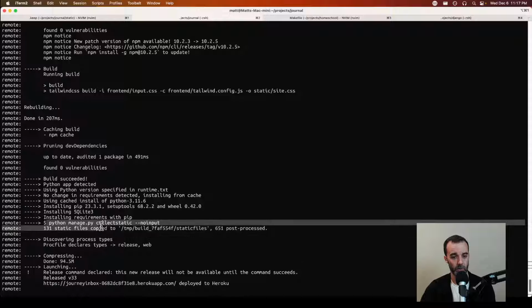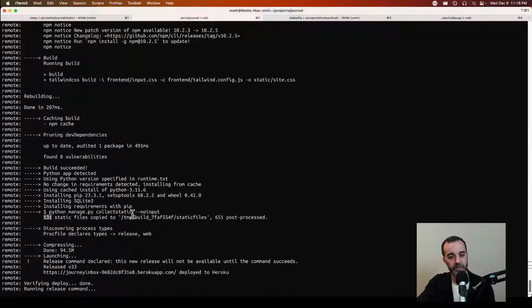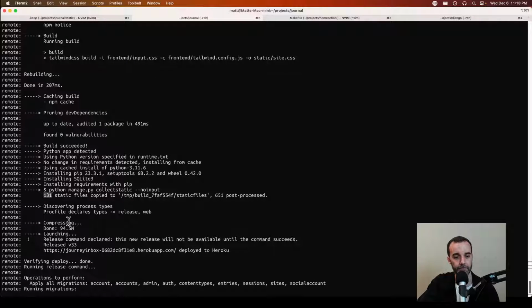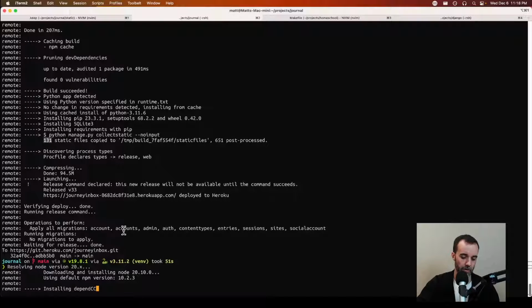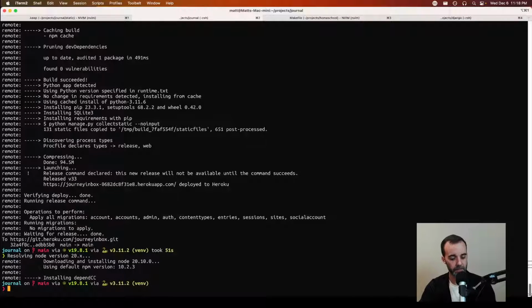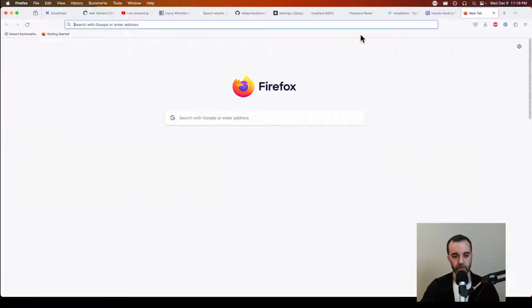And then we get here, importantly. Now, pay attention to the number. Last couple times we've been running this, it was 130, if you recall. So 131 tells us that we pulled in that extra site CSS file. Does the final release stuff and is all out there. All right, cool. I think what this will let us do now is go back to Journey Inbox,